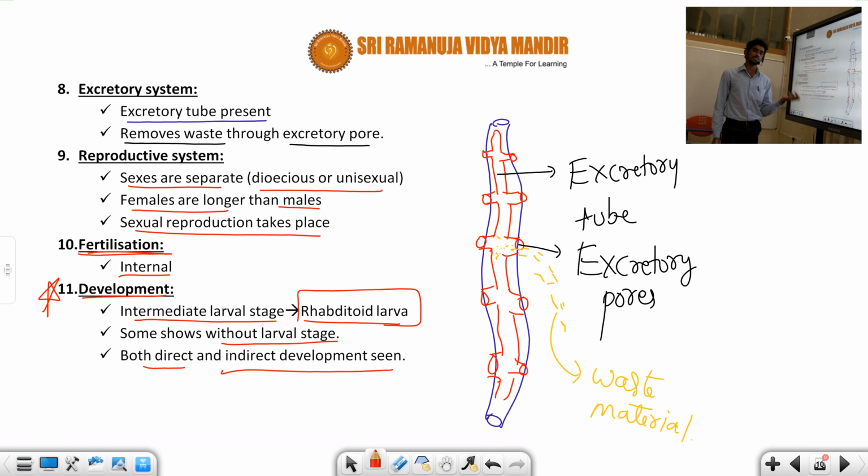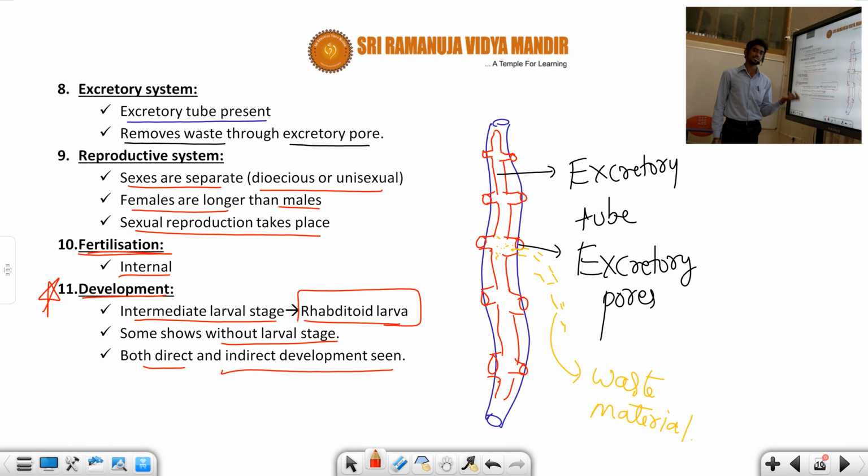Next, the common examples of this one, student. The first one is Ascaris. It represents the roundworm, and this is a diagrammatic representation of Ascaris. And Wuchereria bancrofti is also called the filarial worm. It causes elephantiasis. Rhabditis is a free living organism, the third one you can see. It causes stomach discomfort. Okay, so this is the information about Aschelminthes.